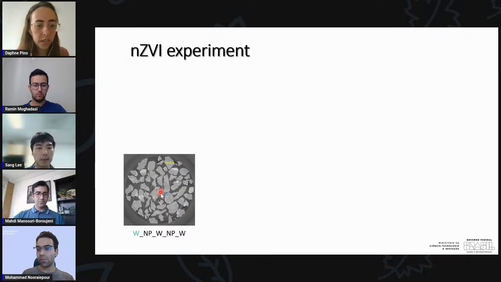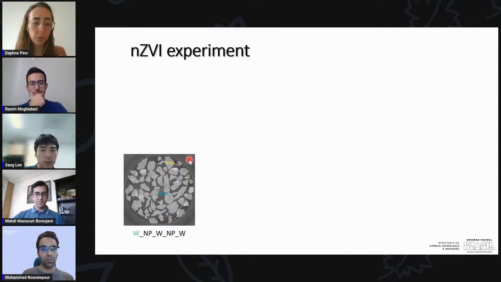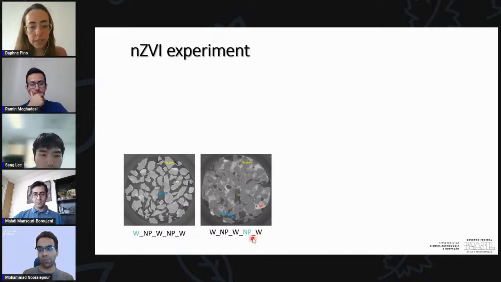So we see water here in the darker gray and our grains in the light gray. This was after the first water injection, so that's all we have. This example is after the second nanoparticle injection. So you see here, there's water, nanoparticle, and water again, our 5 injection phases. So we have, again, the grains. We can still see the water, but now we see the nanoparticles here in a brighter gray. And we also see that some gas bubbles were formed here.